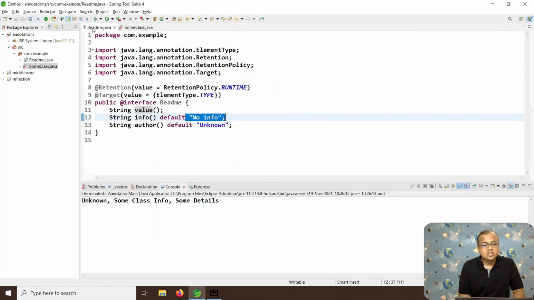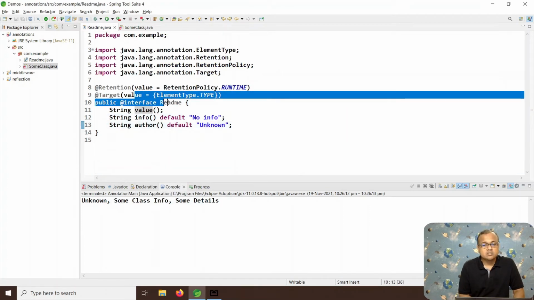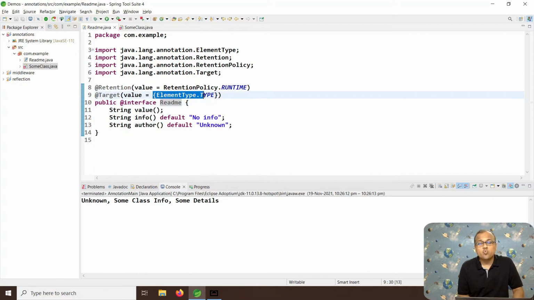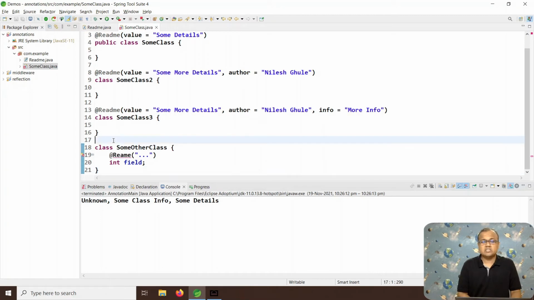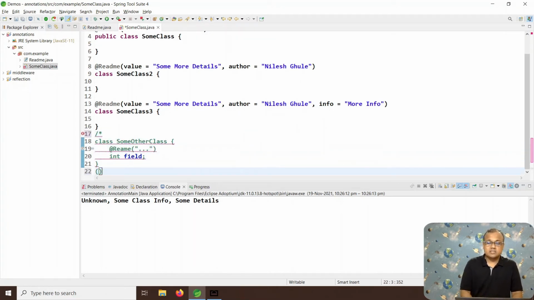As we have mentioned earlier, this annotation is designed to work only on a given type, not on a field or method or constructor or parameter or any other place. So this is not allowed. This will raise a compile-time error.